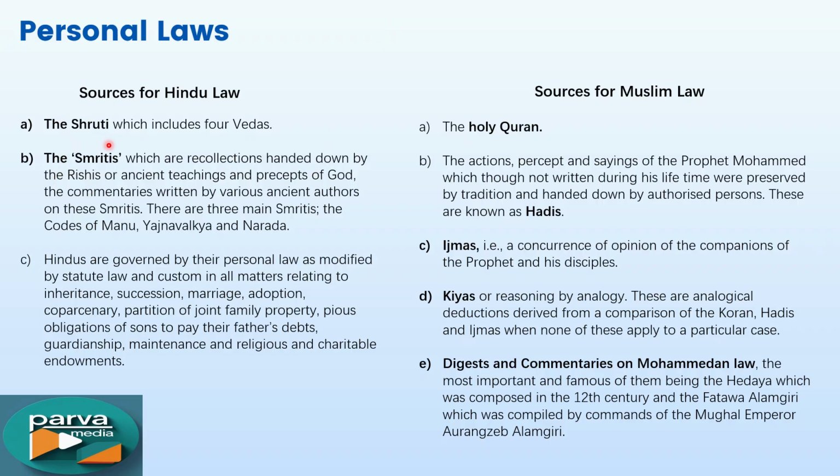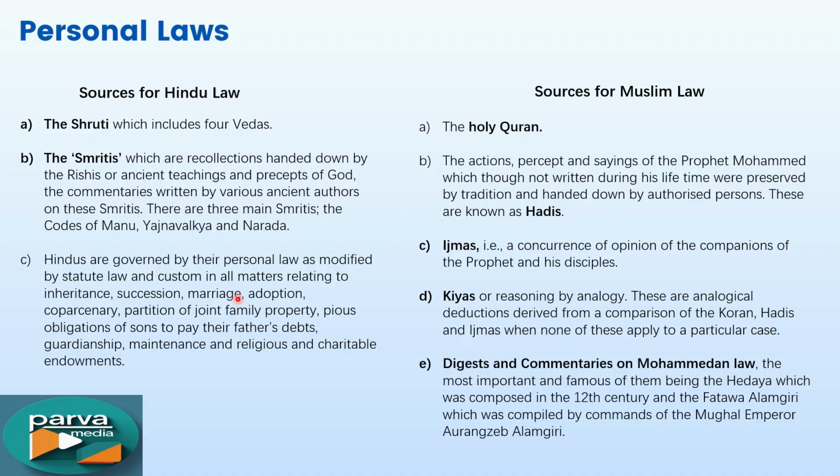literally meaning what is heard. Shruti includes four Vedas: Rig Veda, Yajur Veda, Samaveda, and Atharva Veda. These are considered the most authoritative texts in Hindu tradition. Then come Smritis. These are recollections and teachings handed down by ancient sages or rishis. They interpret and elaborate the Vedas. The principal Smritis are Manusmriti, Yajnavalkya Smriti, and Narada Smriti. Then commentaries and digests. Various scholars wrote detailed commentaries on the Smritis, which helped to shape the